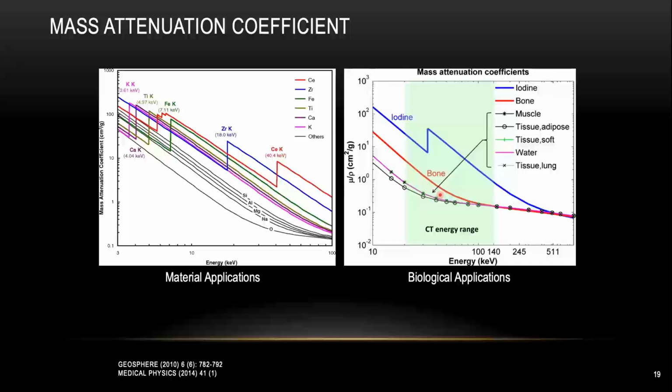But you can see from the graph here, the mass attenuation coefficient for water and soft tissue is very similar to each other. So usually, if a piece of soft tissue is immersed inside water, it will be very difficult to get good contrast from the soft tissue. That's why most of the time we might need to do some kind of staining. You can see from the graph here, the most common staining we use is iodine. That usually has a very high mass attenuation coefficient compared to water and tissue. We'll talk more about the staining later.